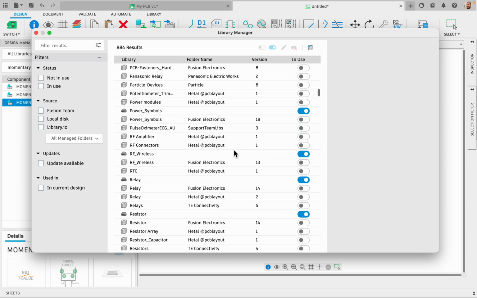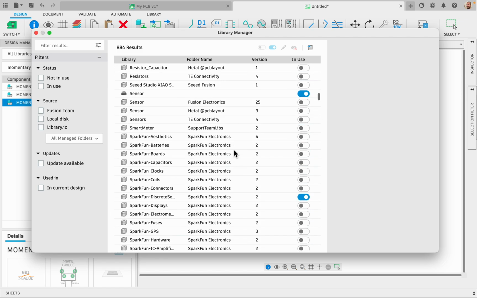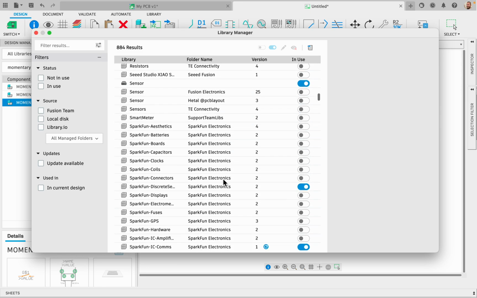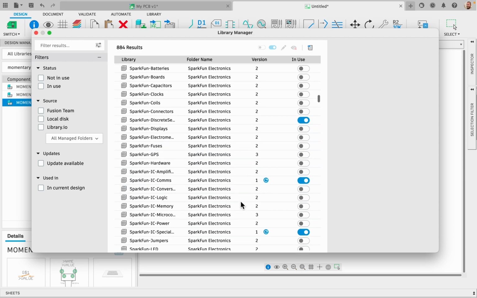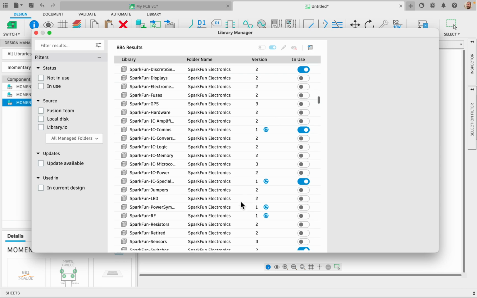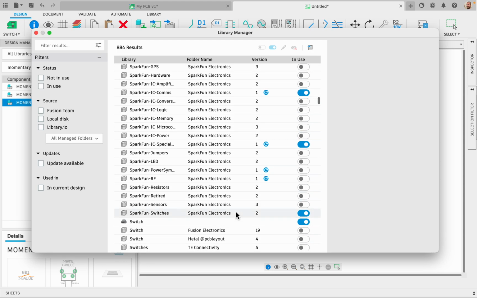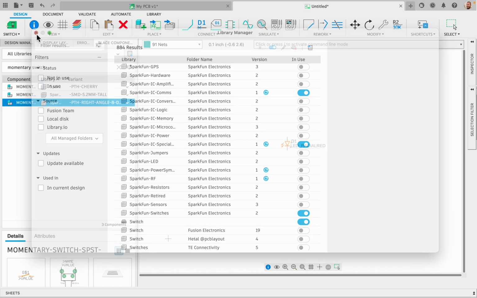Scroll down until you see a library called SparkFun. There's a bunch of SparkFun libraries, and I have the SparkFun switches, I think it was called. So I'm going to click that right there. Okay, and then once you do that,